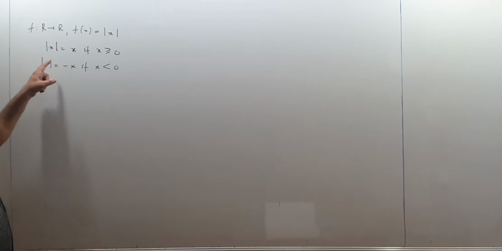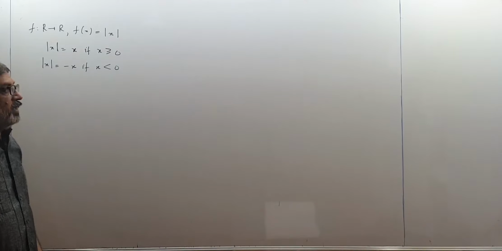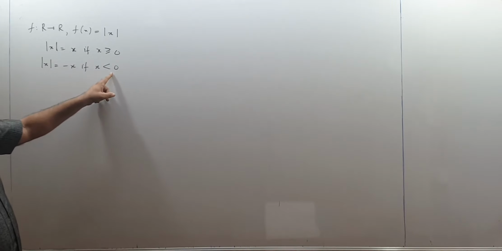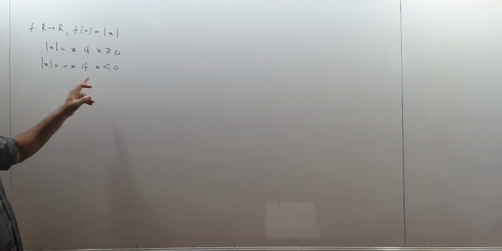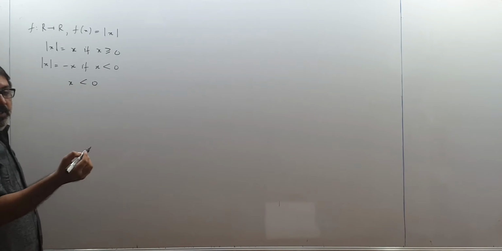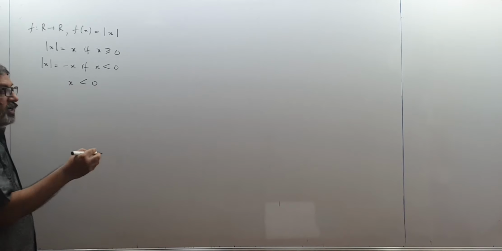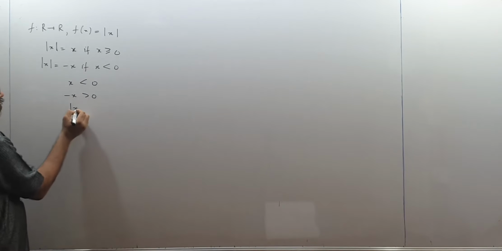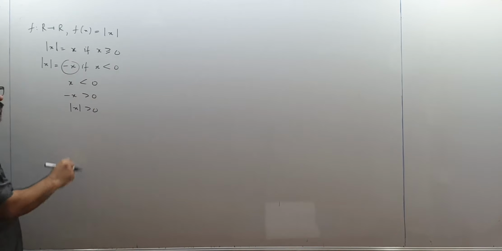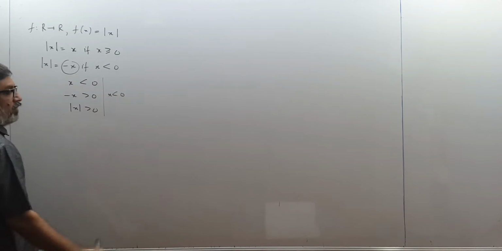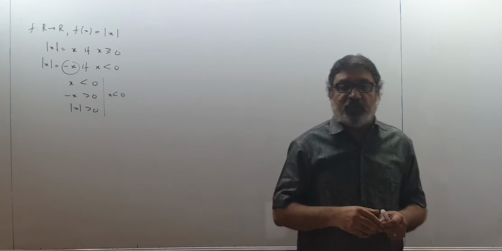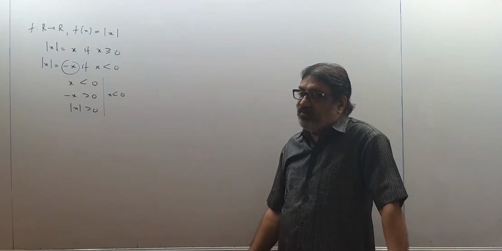So we realize that modulus x can only give us positive answers or 0, because when x is positive it will be simply x. When x is negative, x is less than 0, so what will minus x be? It will be greater than 0, because when we multiply an inequality by a negative number, the sign of the inequality changes. So minus x will be greater than 0, so mod x will be greater than 0. So f(x) equal to modulus x is x when x is positive or 0, and mod x is minus x if x is less than 0.